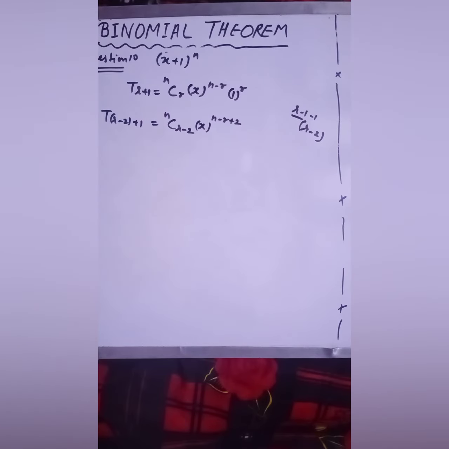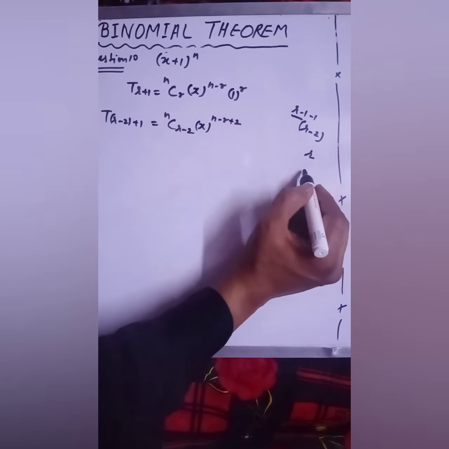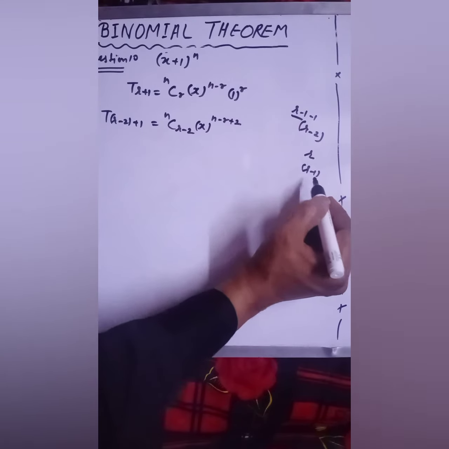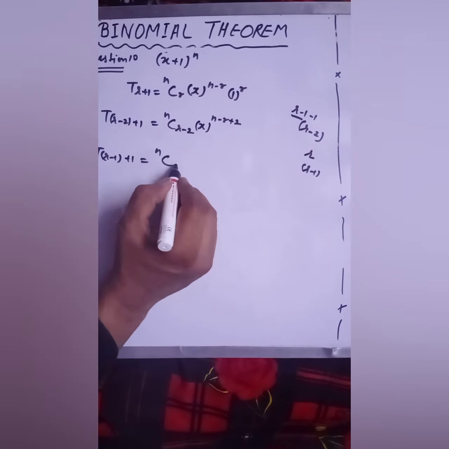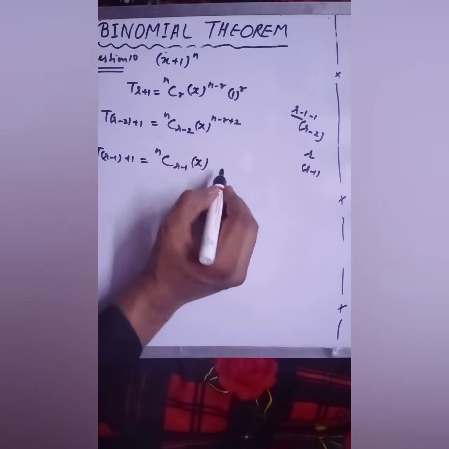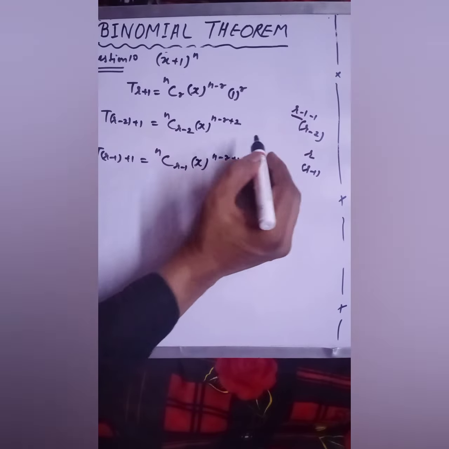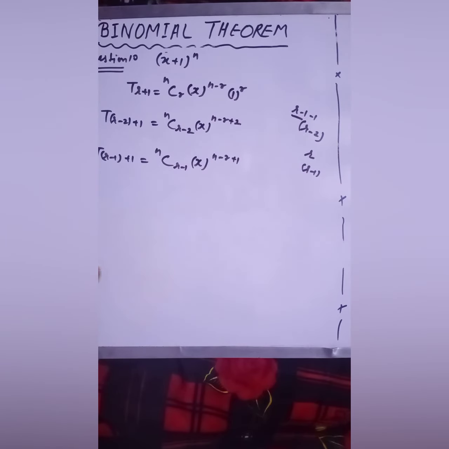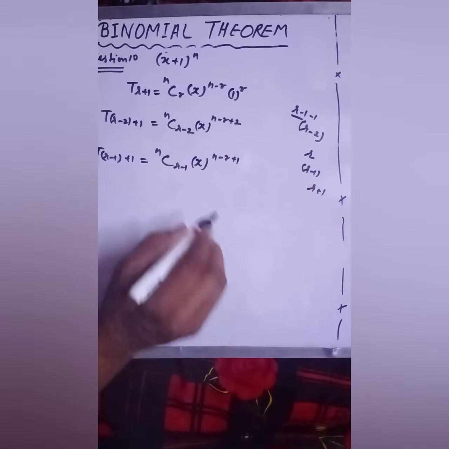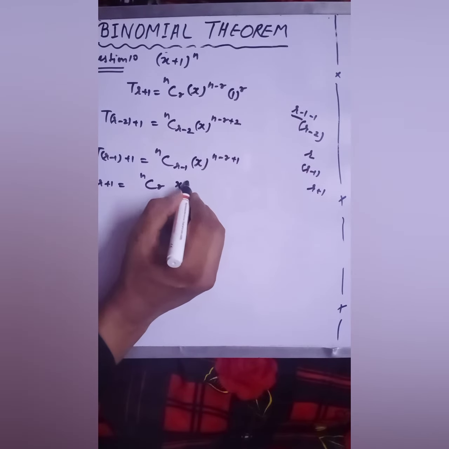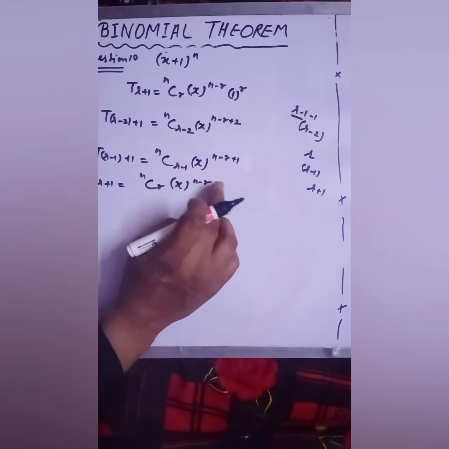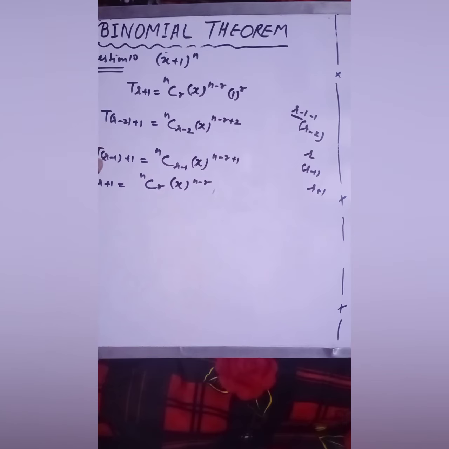Now we have to find out the rth term. If rth term you have to find out, तो your r would be r minus 1. 1 वही माइनस करेंगे. सो आपका जनरल एक्सप्रेशन क्या आएगा, T(r-1+1) that is equal to nC(r-1) and x raised to power n minus r plus 1. ओके, अगर आप निकालोगे r प्लस 1th टर्म, तो 1 माइनस करोगे तो आपका r ही रहेगा इस केस में. तो ये आपका एक्सप्रेशन सेम का सेम आएगा. 1 लिखने की जरूरत नहीं है. समझ में आ रहा है. तो आपके पास 3 एक्सप्रेशन आएंगे.